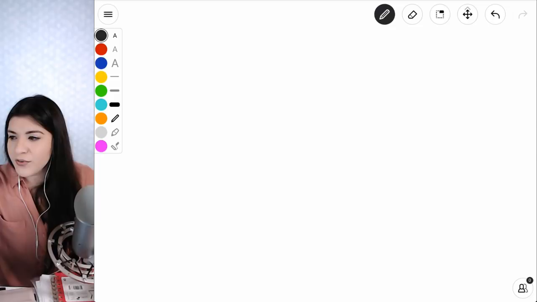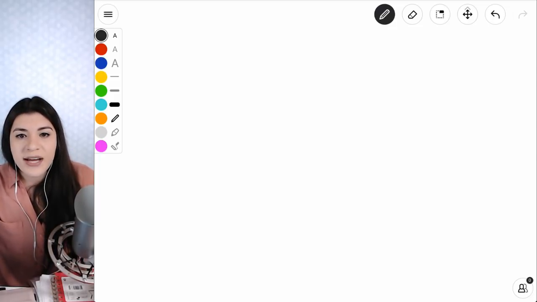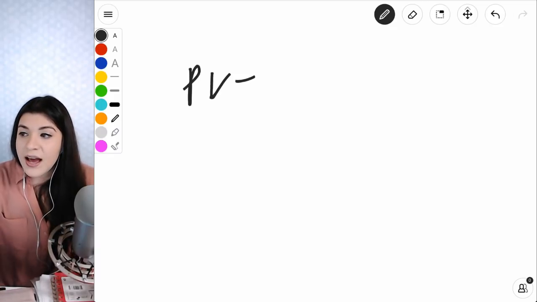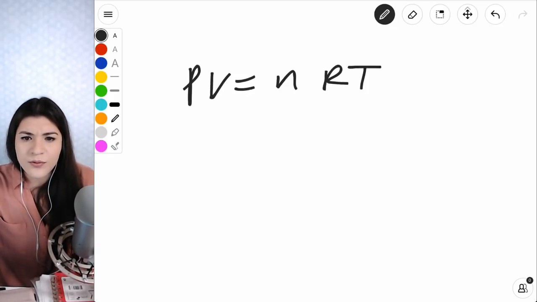Let me find an example for you. So whenever we're doing molar mass of a gas, we're going to be using the ideal gas law, which is PV equals nRT. And then let me find an example for Dalton's law as well as